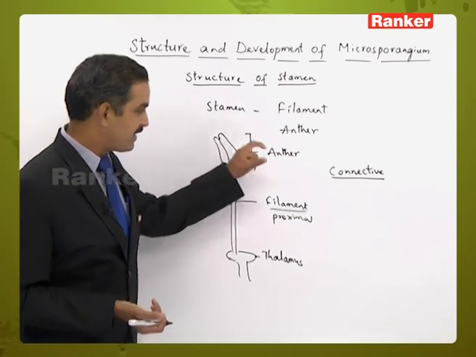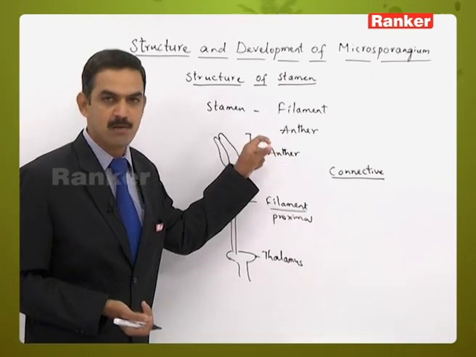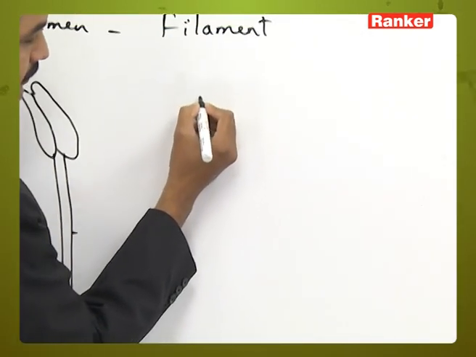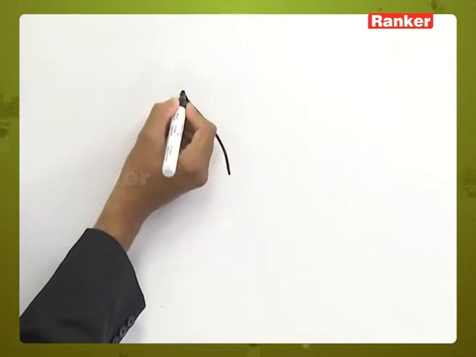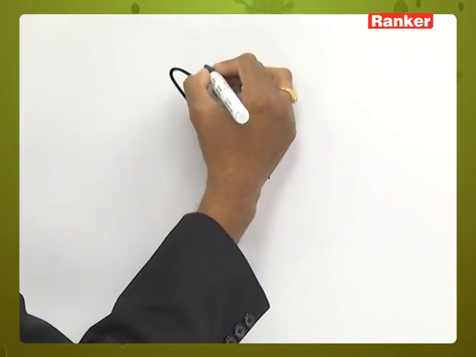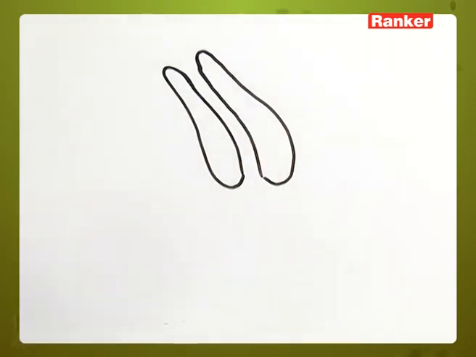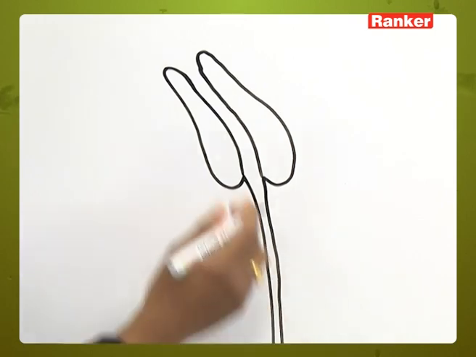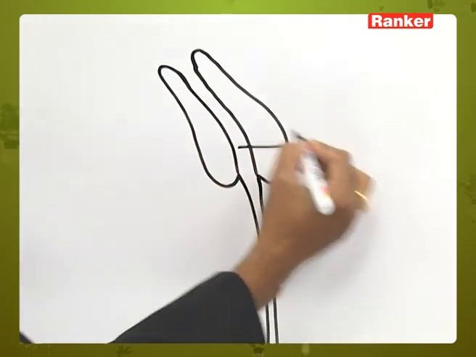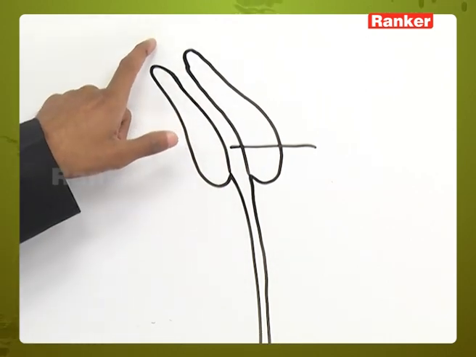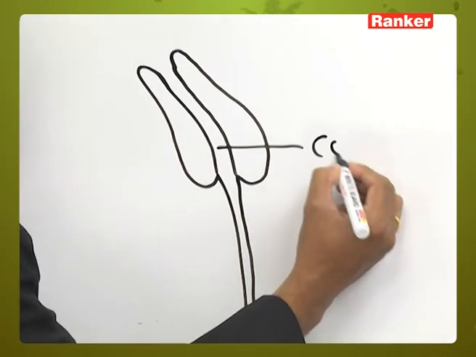Let's see where this connective tissue is present. If you observe in this diagram, we can see two parts in the anther, and in between them a longitudinal groove-like structure present along the length of the anther. This longitudinal groove-like structure is called the connective,